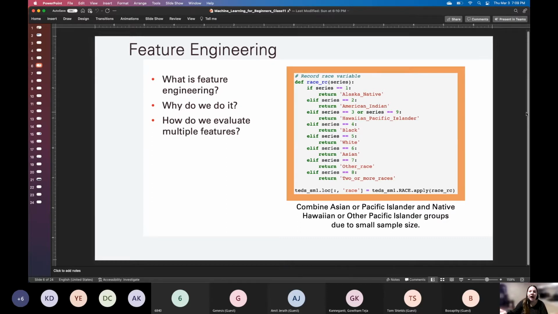So you can see here, I put Hawaiian and Pacific Islander in one group because it made sense and it made it a larger group and they were very similar groups to begin with. But in some cases you can't do that. So in those cases, you'll have to deal with your data, maybe do some upsampling, or say you were doing some image recognition model. You would have to go find more examples of people that are from different races, different genders, and make sure that that was